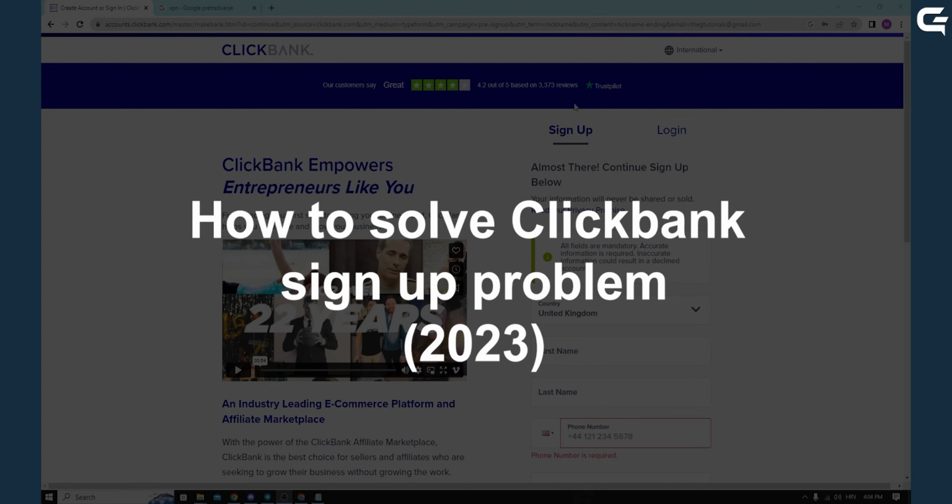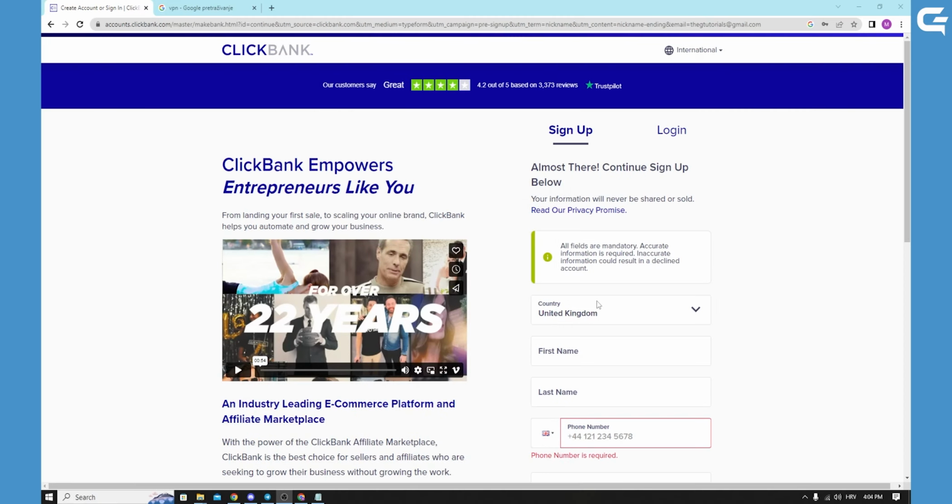The most common problem is when you are signing up on ClickBank, it will not register your country and this square will be red. If it cannot register a country, just change your email or continue as a guest on Google. When you do that, it can solve it, but if it doesn't solve, just go to your internet, type